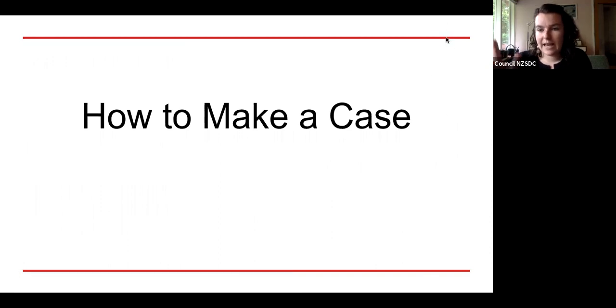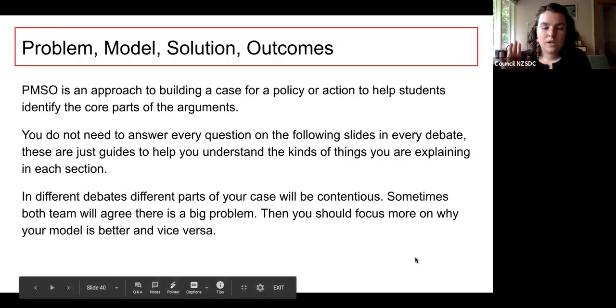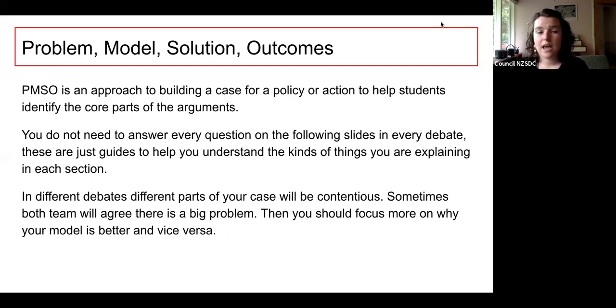So how to build a case. I'm going to try and move through quickly. This is a strategy for building cases that we think is really helpful and works in a lot of different scenarios. You don't have to do it this way. If this is unhelpful to you,